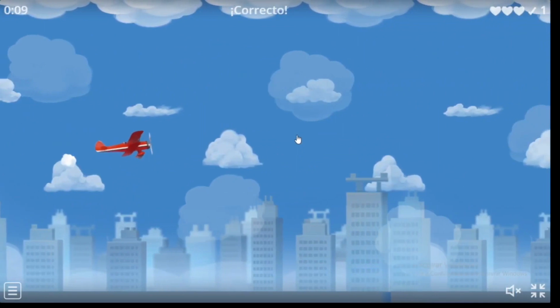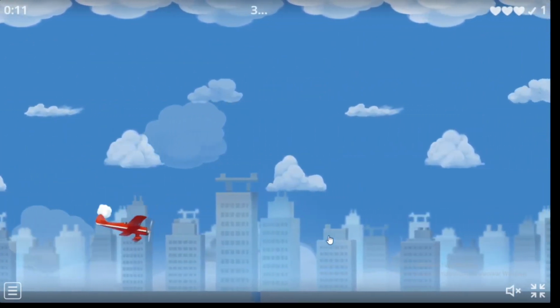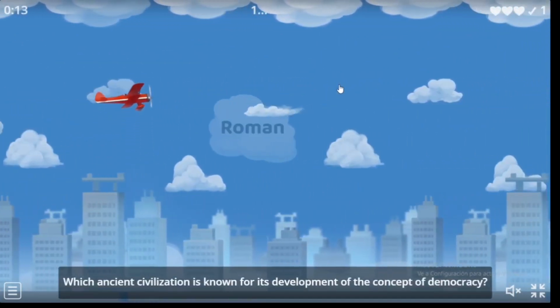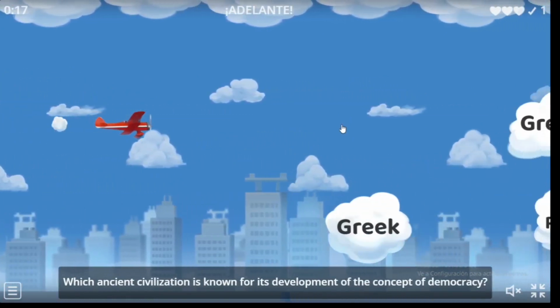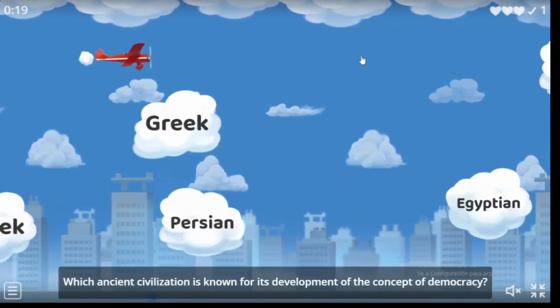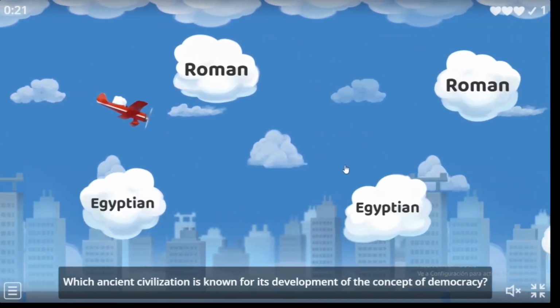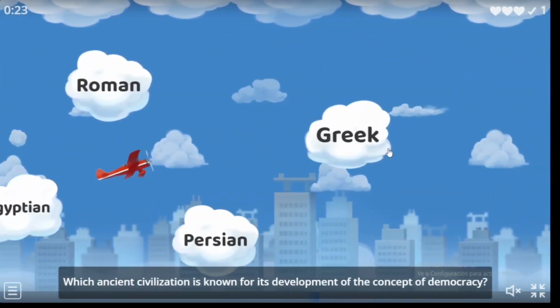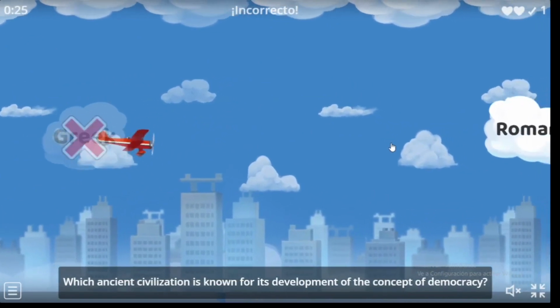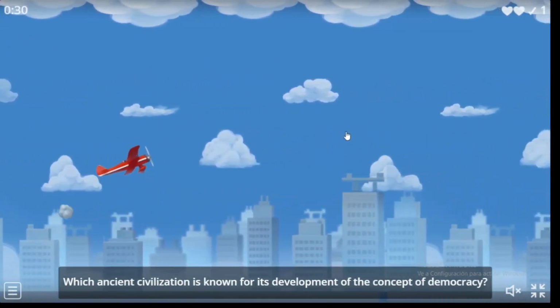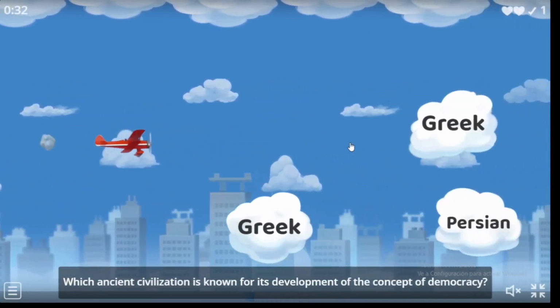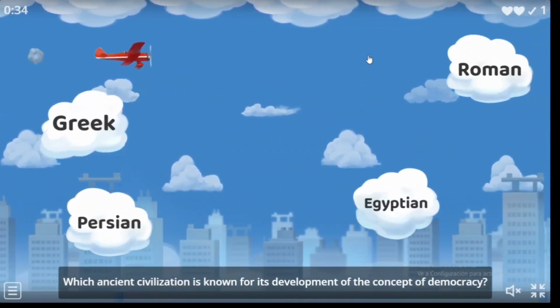The student will control a plane, and after a question appears, he will have to roll through the cloud that shows the correct answer. If he rolls through a brown cloud, he will lose 1 life. Every player starts the game with 3 lives. Also, there's a time counter, so that if 2 players have the same correct answers in the ranking, the one who finished earlier will be above the other one. In other words, this game is just like a Kahoot, but presented in a way that small students might like more.